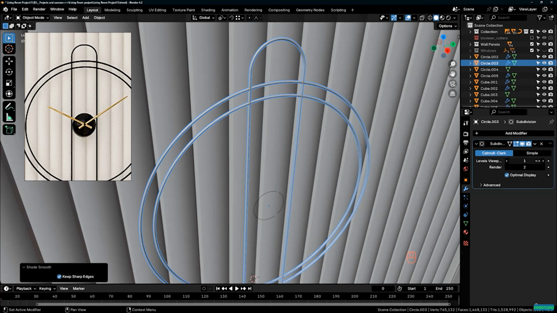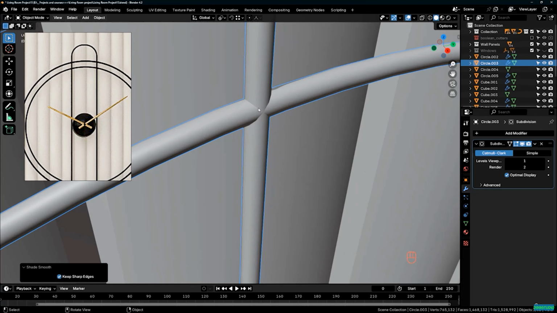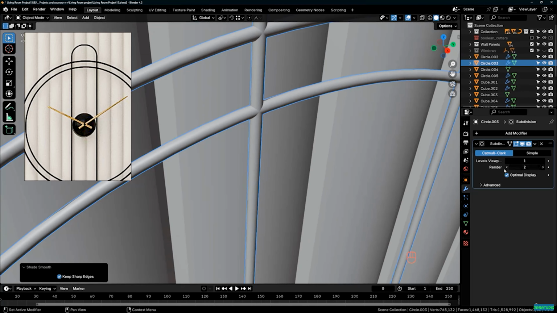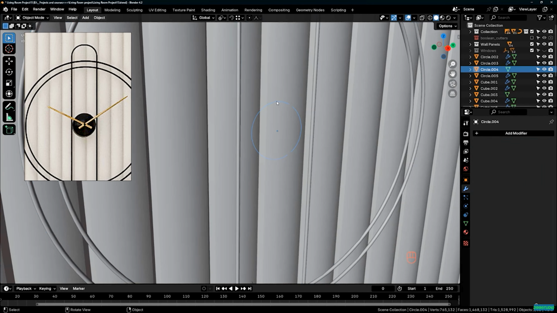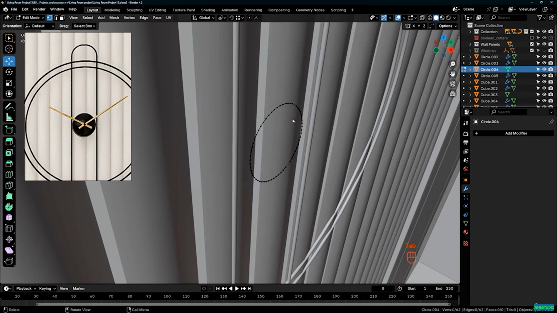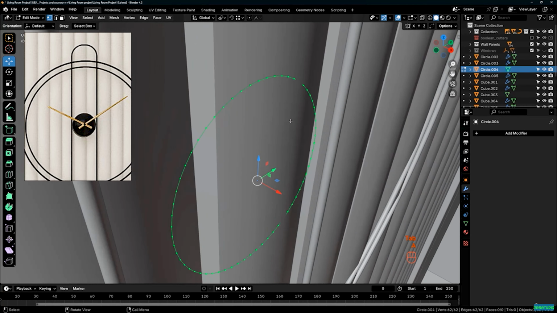You can increase the level from here, but I think that's not quite necessary. As you can see, in the render it is 2. I guess that's too much. 1 will be perfect. And now we can go back to this piece and tab, and with these vertices selected,